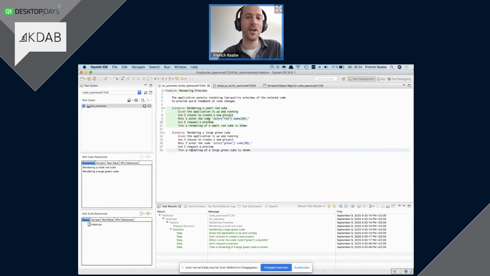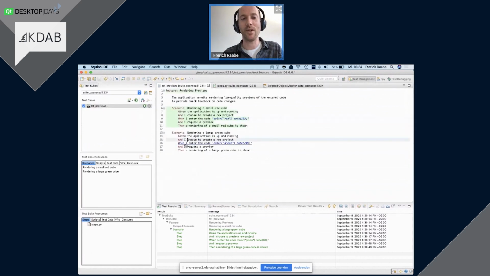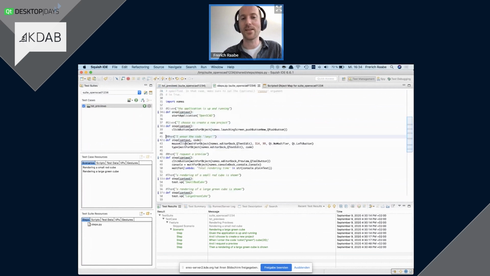If I go back to the BDD layer, the behavior-driven layer, I can see that jumping to this line, to the script code associated for this step, this function, and the same in the second scenario. So even though it's two different steps, it's the same implementation. And that makes tests a lot more maintainable.